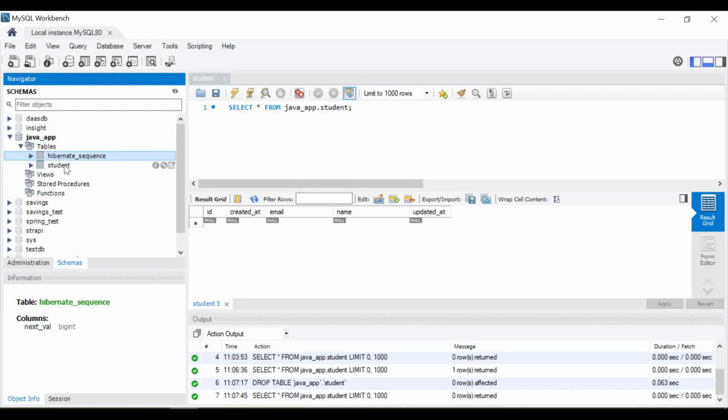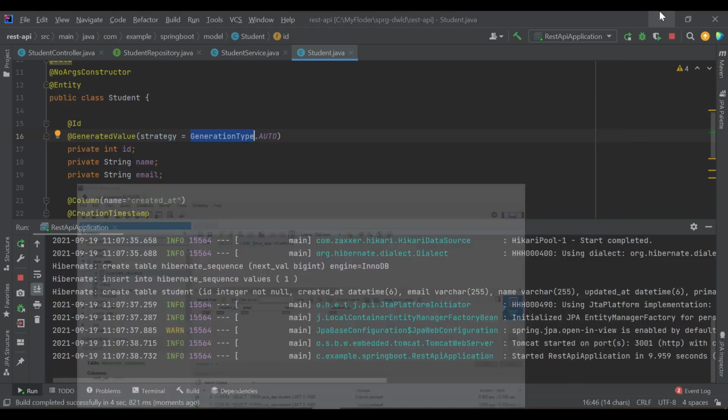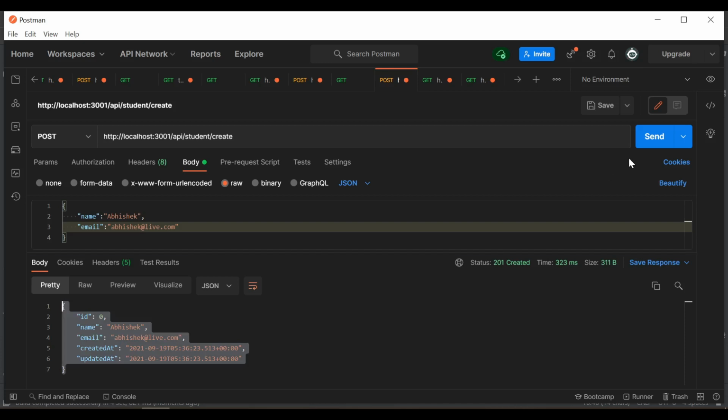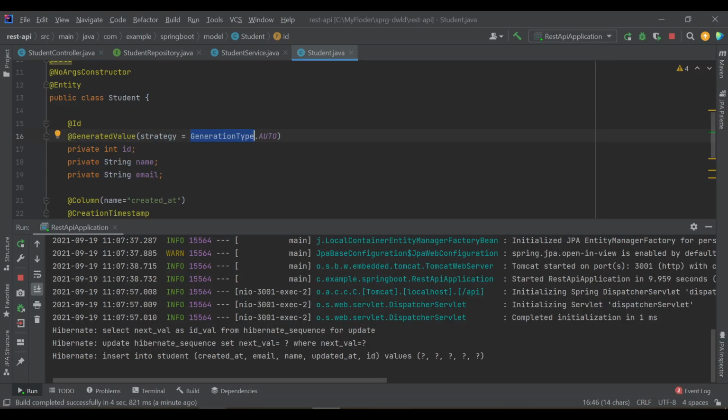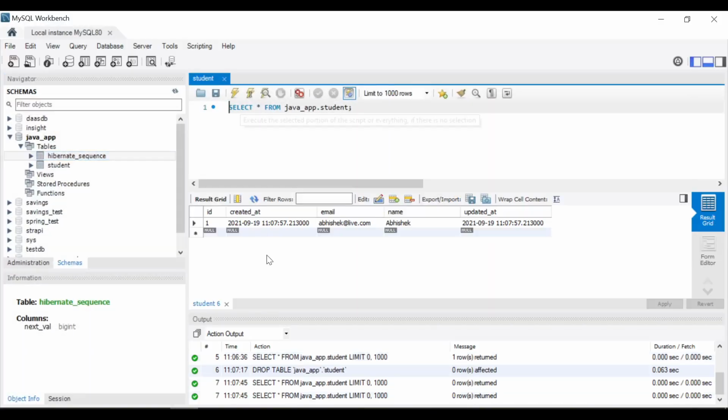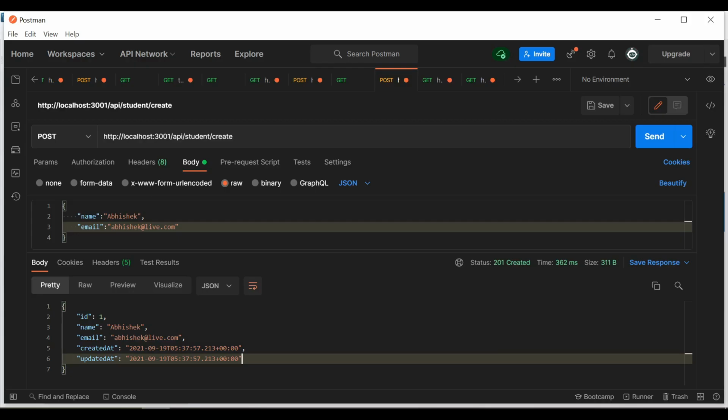So we got another table called Hibernate sequence. So let's test now. So you see, we got an object with ID 1. So if I go to the database and just refresh, you see the object we have entered, it's 1, name and email. So from Postman we are passing only name and email.